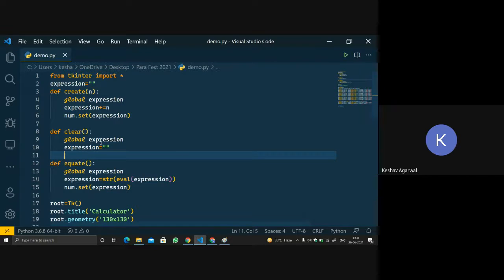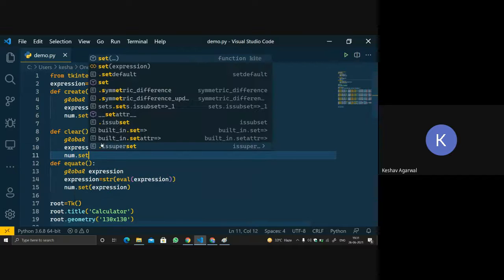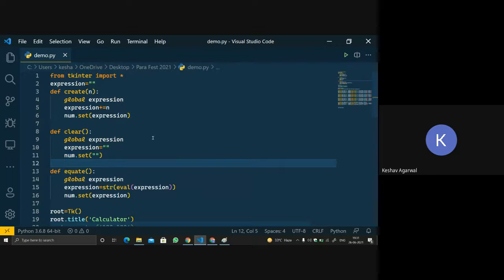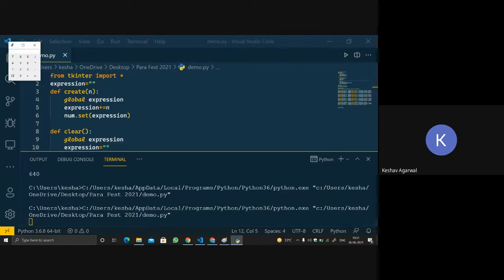Then num dot set, and we'll set it to nothing again. Now let's run the code and we'll see it's running again. So let's do 9595 into 3. It is running, and when you press clear, the message is cleared out.